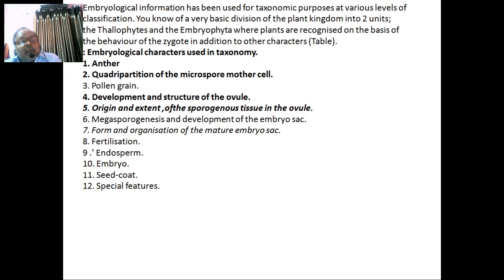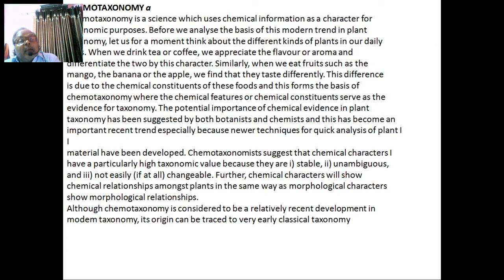एम्ब्रियोलॉजिकल कैरेक्टर्स में है आपके एंथर के, क्वाड्रिपार्टीशन ऑफ द माइक्रोस्पोर मदर सेल है, पोलन ग्रेन्स के कैरेक्टर्स हैं, डेवलपमेंट एंड स्ट्रक्चर ऑफ ओव्यूल है, ओरिजिन है, स्पोरोजिनस टिश्यूज जो ओव्यूल में है कहाँ से ओरिजिन है उसका, मेगास्पोरोजेनेसिस एंड डेवलपमेंट ऑफ एम्ब्रियो सैक है, फॉर्म एंड ऑर्गेनाइजेशन ऑफ मैच्योर एम्ब्रियो सैक है, फर्टिलाइजेशन है, एंडोस्पर्म में एम्ब्रियो है, सीड कोट है, उसकी लेयर्स है, और स्पेशल फीचर अगर प्रेजेंट है तो उसको भी हम एम्ब्रियोलॉजिकल डाटा की फॉर्म में टैक्सोनॉमी में यूज ले रहे हैं।